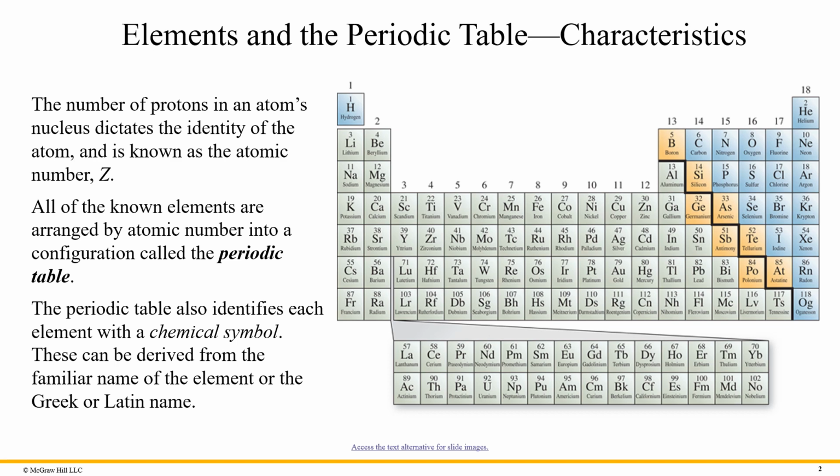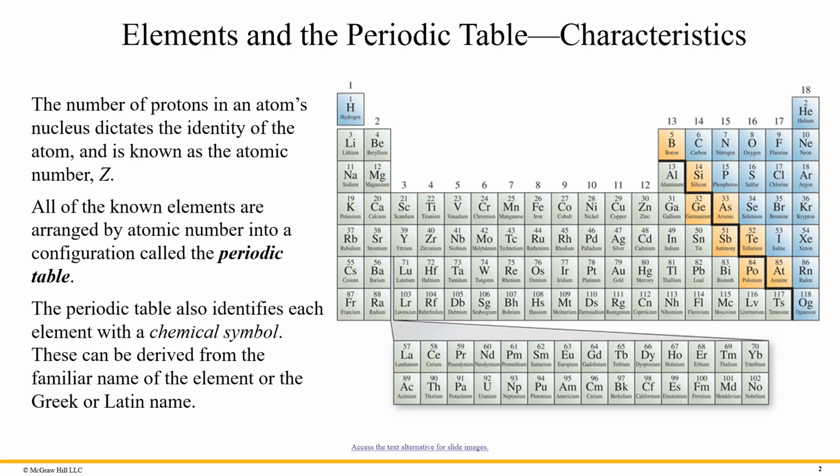What we also see in these boxes, besides the Z number, or the number of protons, is the chemical symbol for each element. As you can see, for hydrogen, that is H. For helium, that is He. So every element in the periodic table has a shortcut, a symbol that we associate with each one. This is just to help us write in shorthand. We don't have to write full names of each of these elements.